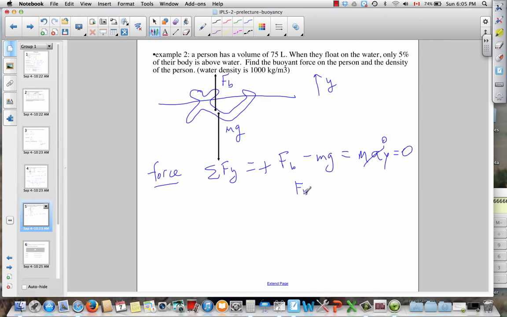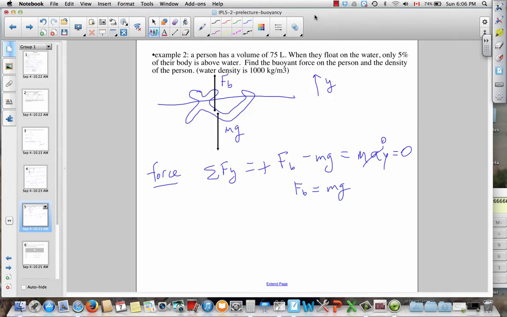And again, we could have just jumped straight to this conclusion in a more straightforward way. The two forces must be balanced. Buoyancy must equal weight. Just let me try scaling this arrow so they look a bit more equal. That's maybe being a bit anal, but hey, that's just the way we are in physics. Okay, so those two forces are equal to each other. Now that, once again, isn't going to enable us to solve the problem because we don't know the mass of the person. So next, let's write an Archimedes equation, because Archimedes,